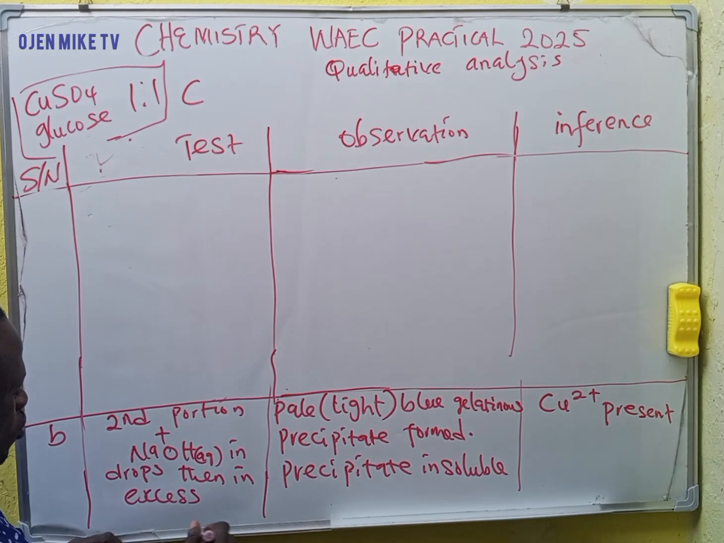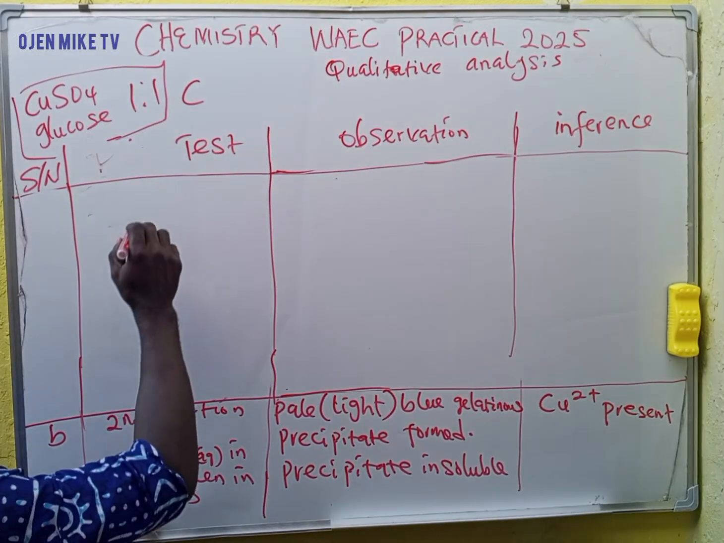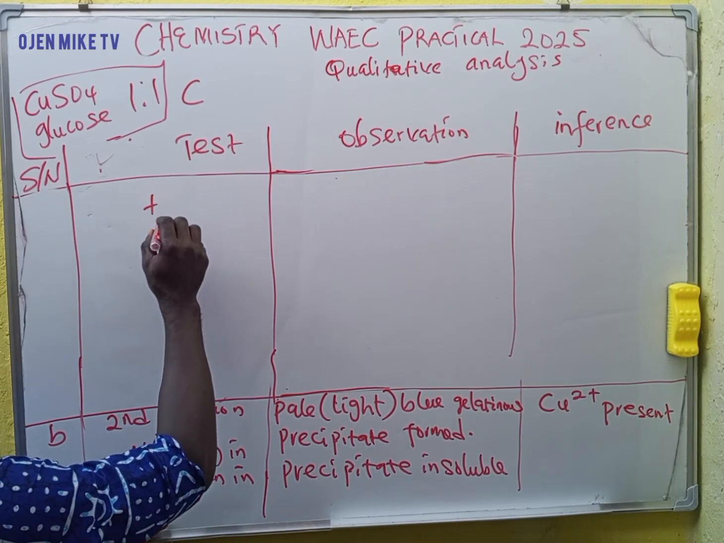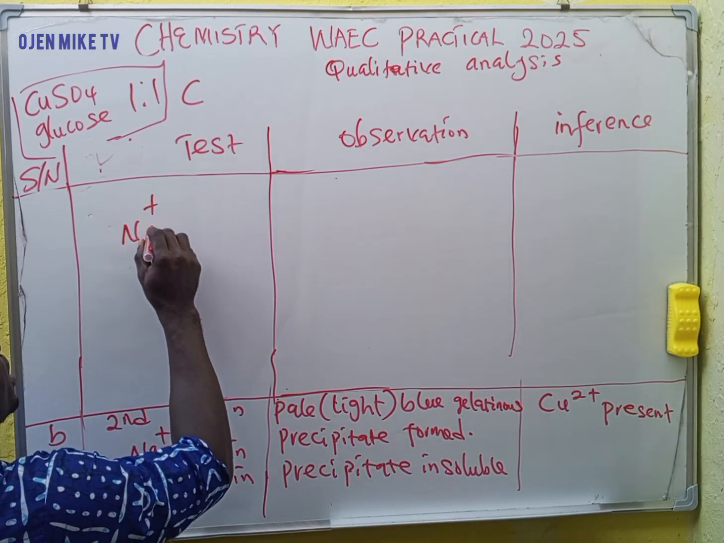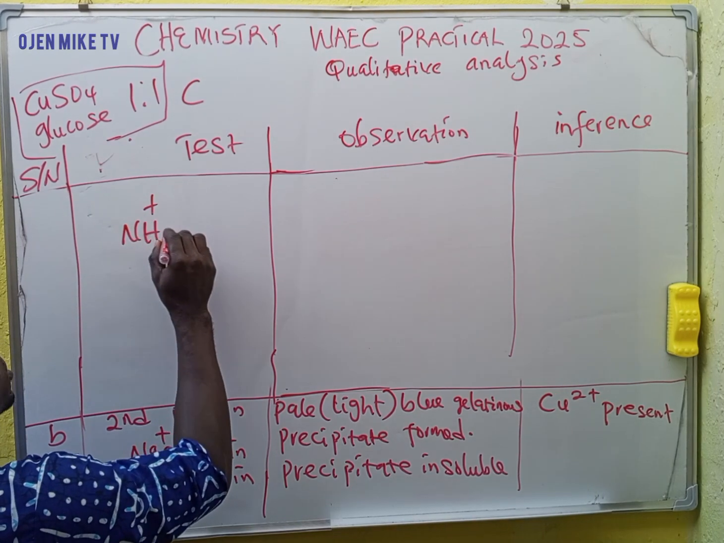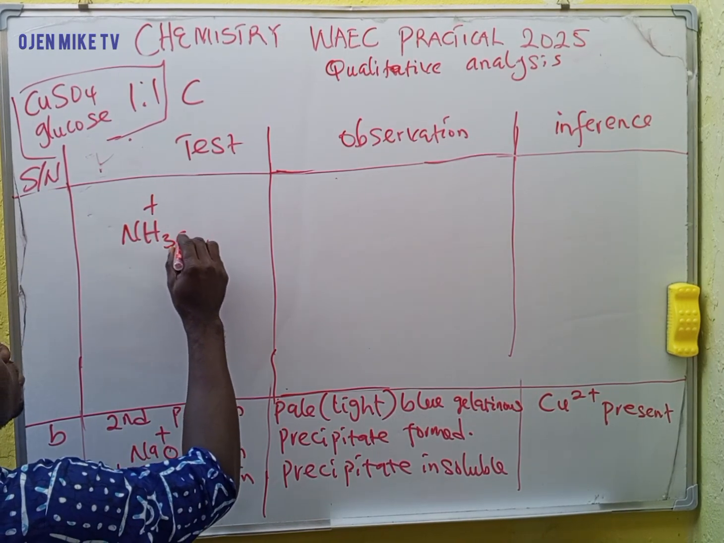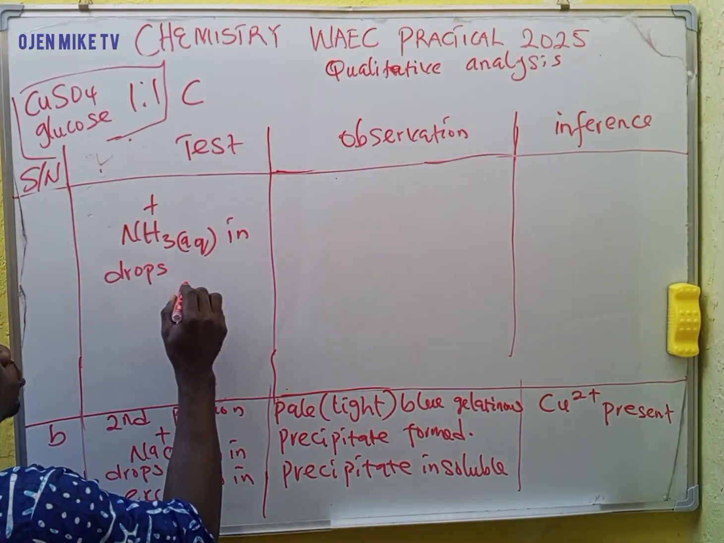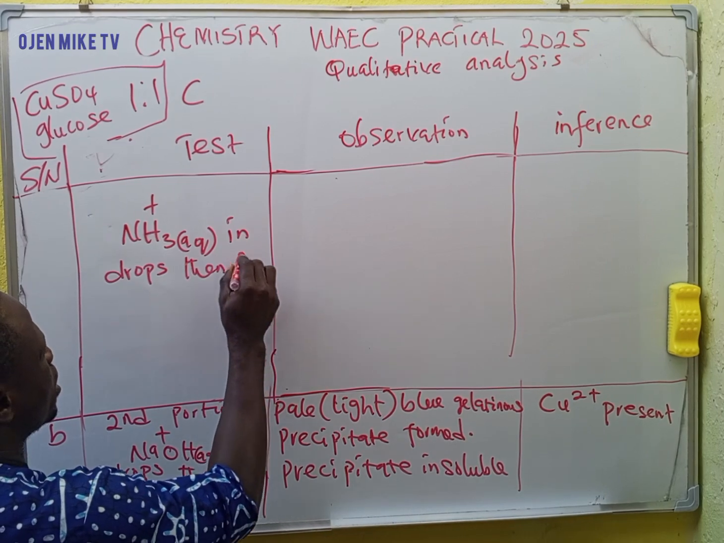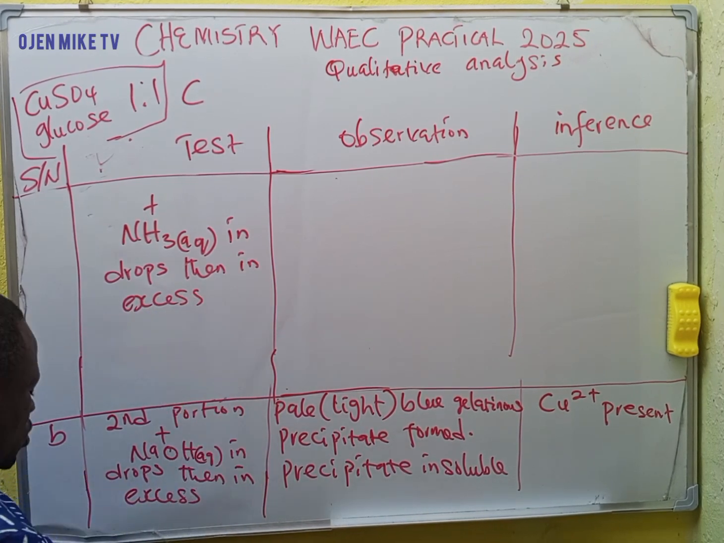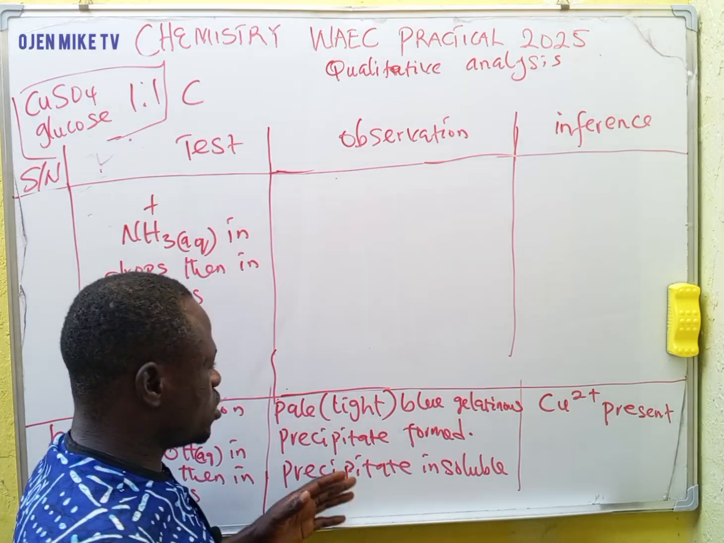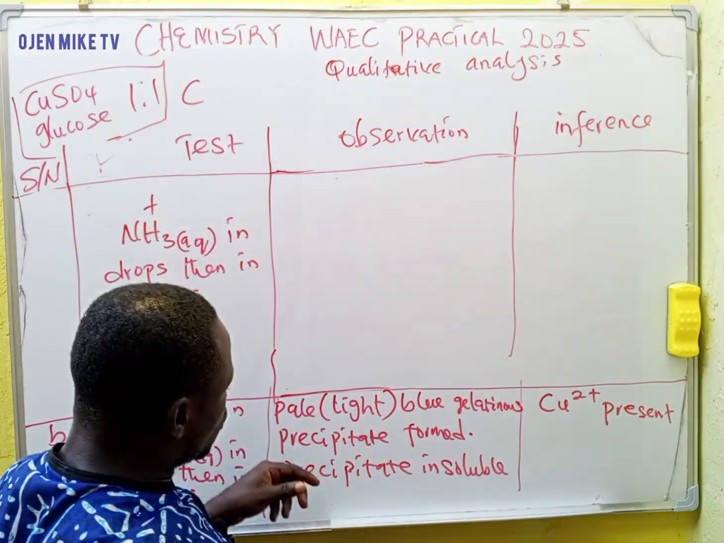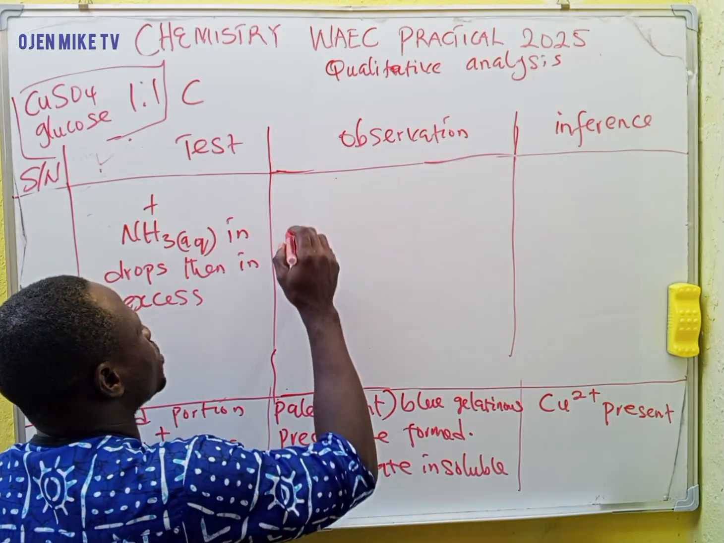Now from here, let's continue. You now add a particular solution: plus aqueous ammonia, in drops, then in excess. What you are going to see is a continuation of this one. Just take note of that. What you are going to observe when you add aqueous ammonia in this solution,